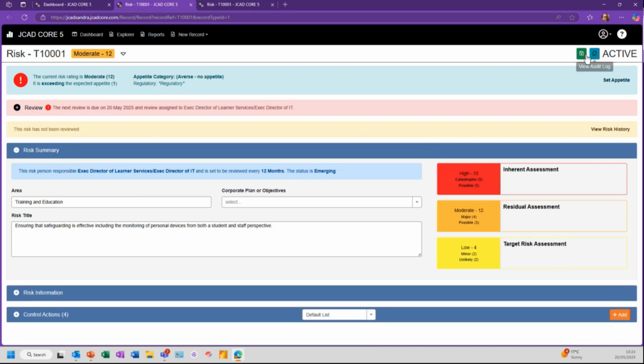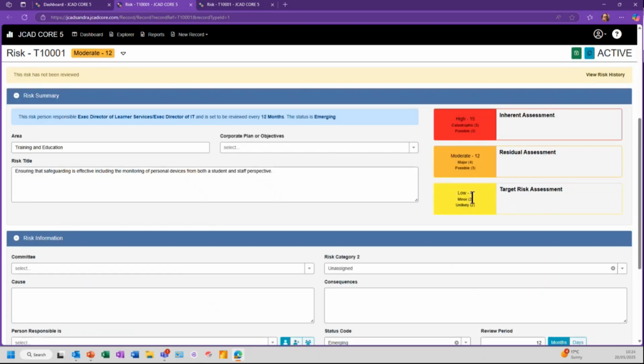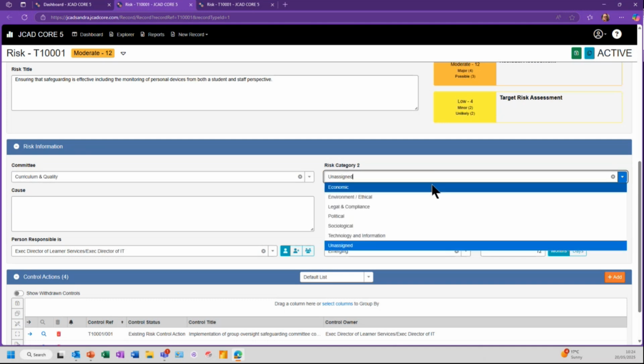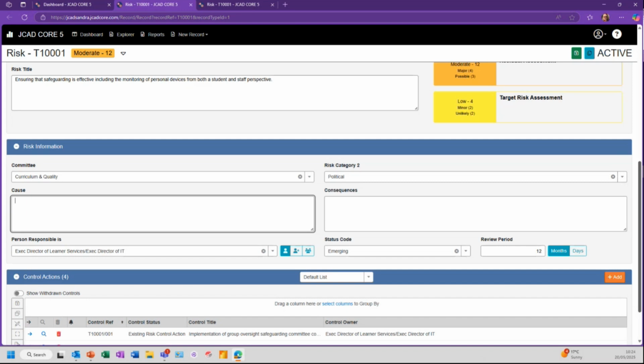There we go. And I'll save it with the green button here. I've now got my target score as well. And then the next tab down is further information. So there's some drop down boxes. I've got 2 on here, but you can have up to 3. So different committees that might be interested in this risk. I can also add in a category if I wish. And then I can put in the cause and consequences,